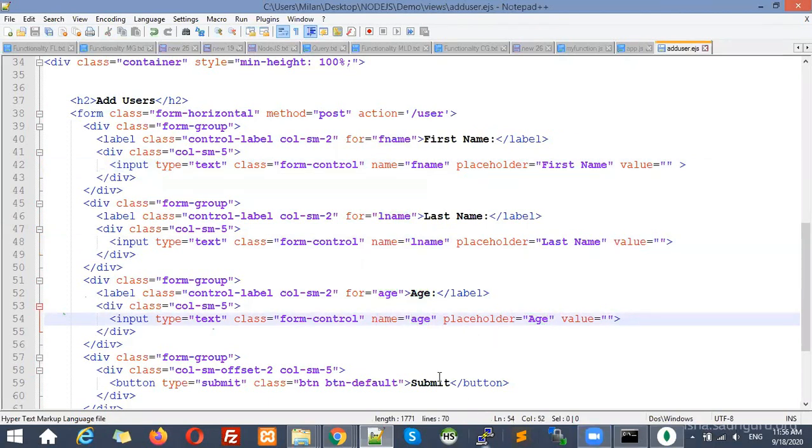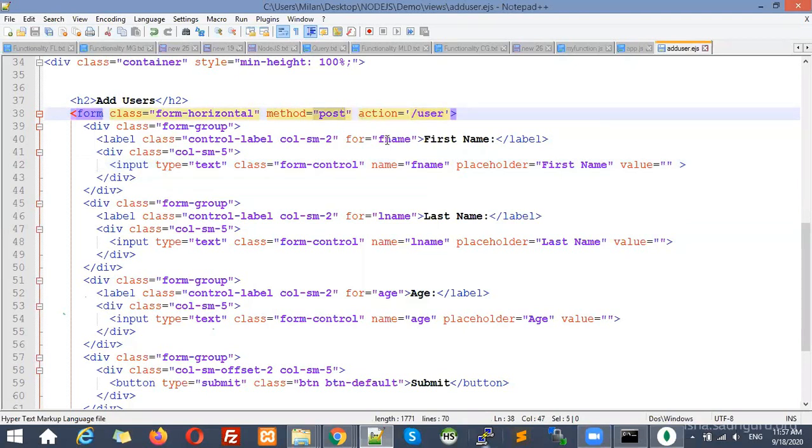Right. So when I click on the submit button, this is a type of submit button, or you can say an input control with submit, it will send all these three data: first name, last name, and age. To which file? /user. Or you can say which controller? A user with the post method.